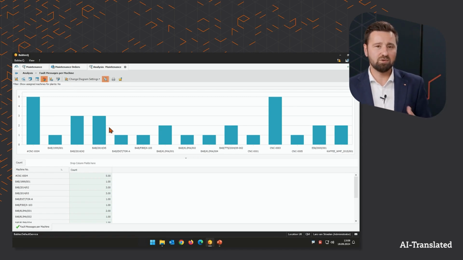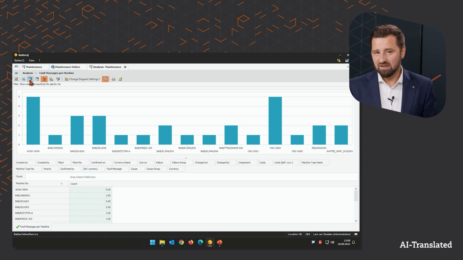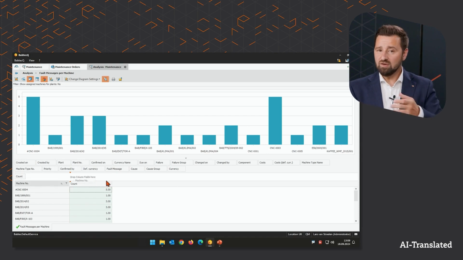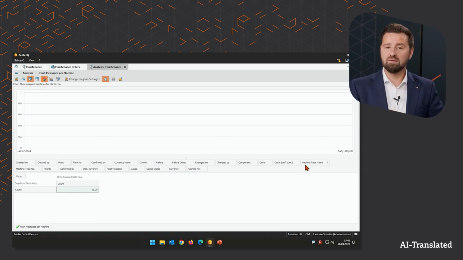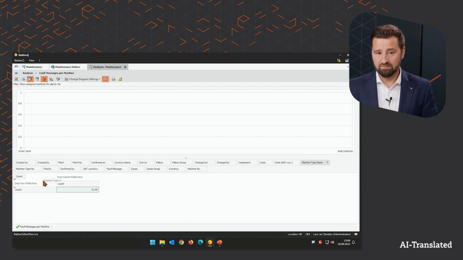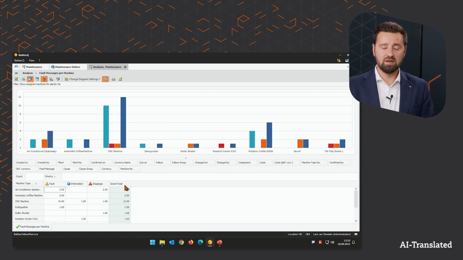That means we have captured this information in a catalog-based manner. And that's why we can access this information exactly through the pivot mode here and change our evaluation ourselves. That means we will now define the x-axis and the y-axis according to our own criteria. Place machine types on the y-axis, and we'll set the priority on the x-axis so that we can create a completely different evaluation here.